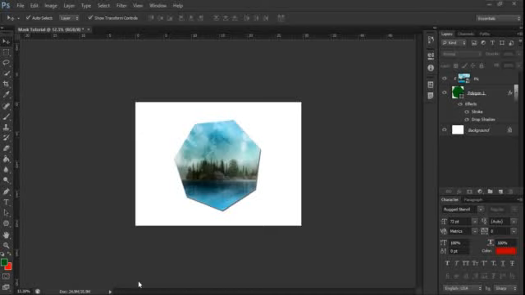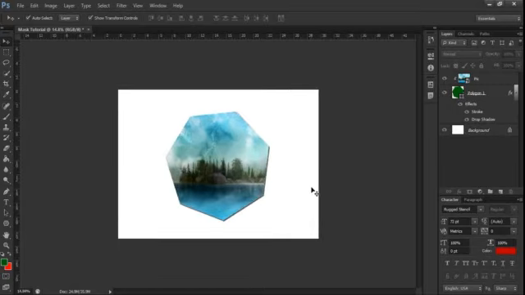Today I'm also going to show you about adding a vector to your Photoshop document from Illustrator. As you can see, I have my previous document that we did, or you can just do that by masking some picture into a polygon. It will give you the same effect. So